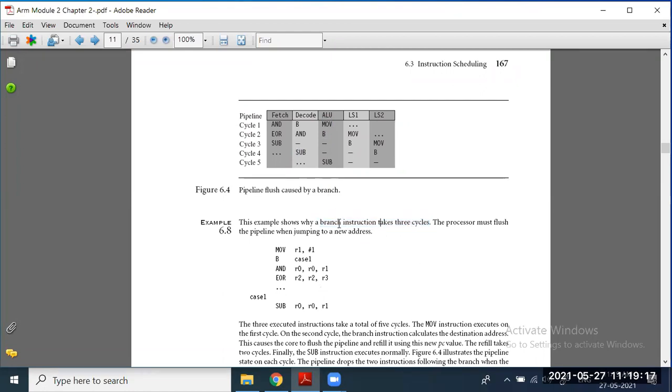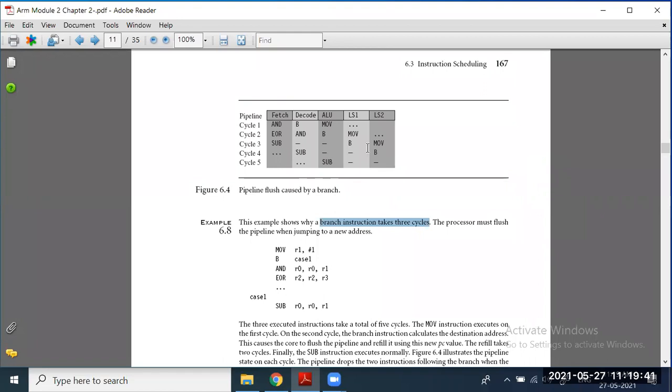Do you have any doubts in this? Why does the branch take 3? Any doubts? Does anyone want to argue that it should be some other number, less than that or more than that? Sir, it should be 4 or it should be 2.